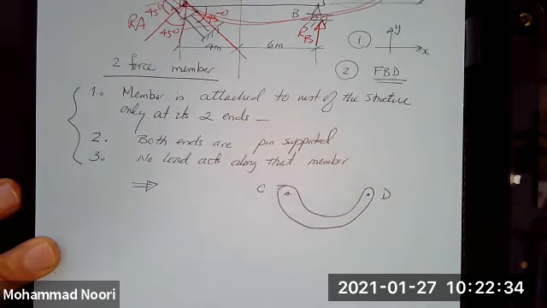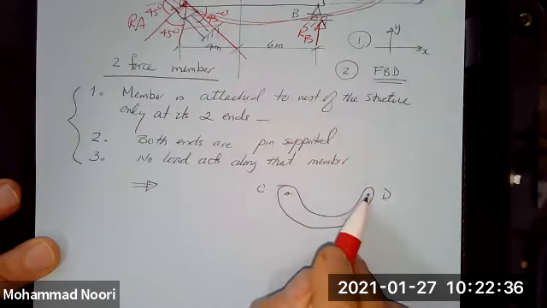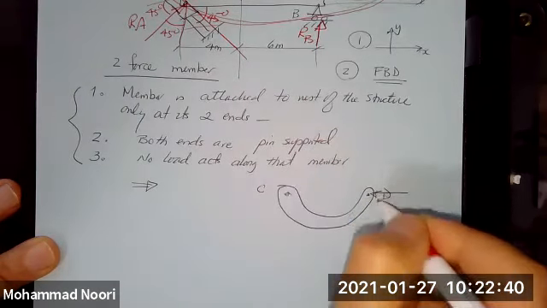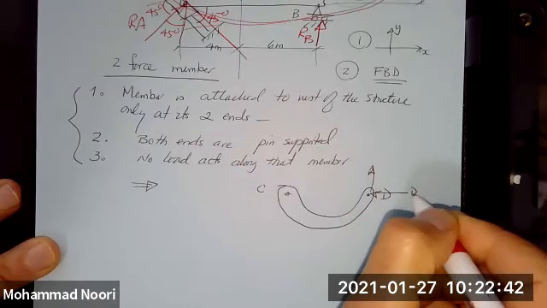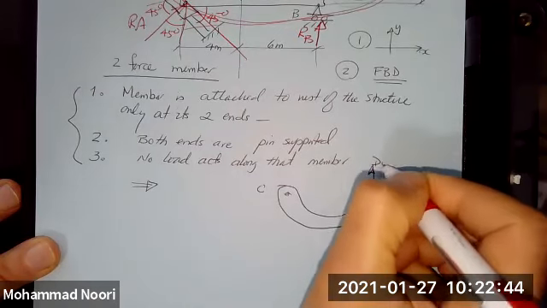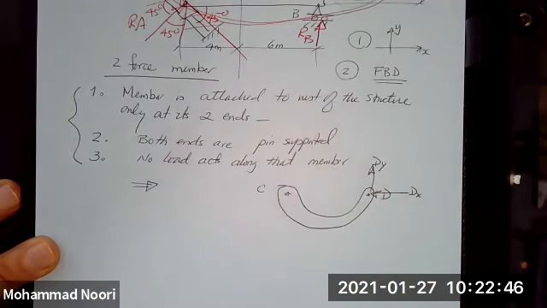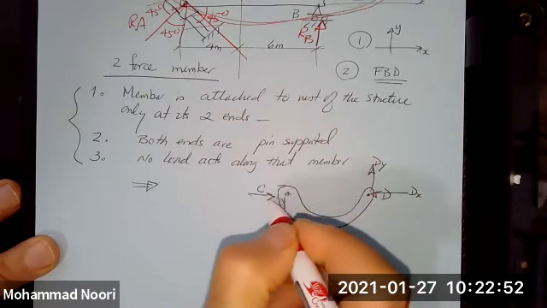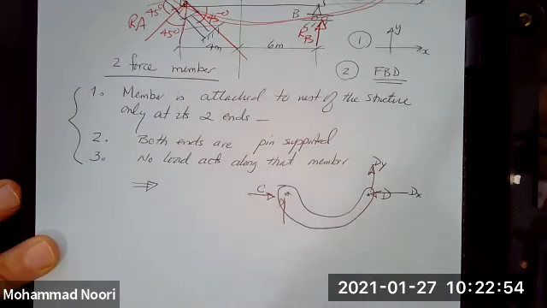I would show you that at this point, you cannot have two unknowns in this direction and in this direction. Rather, at this end either, you will have only one unknown,